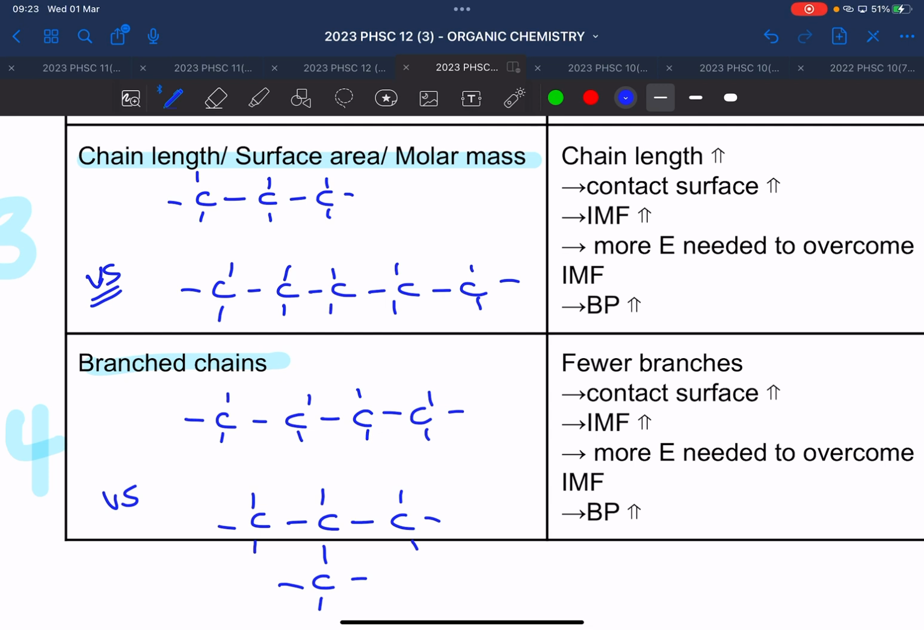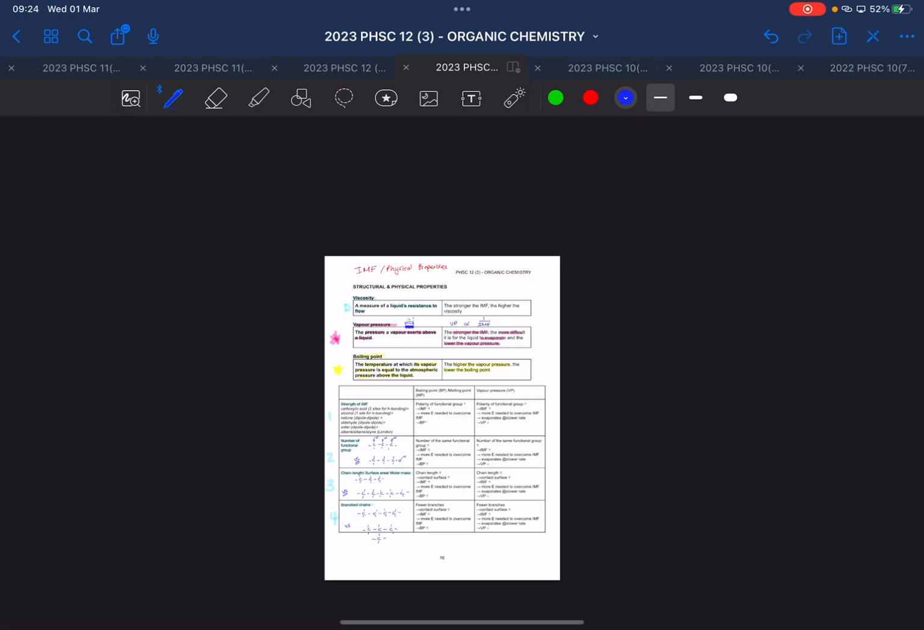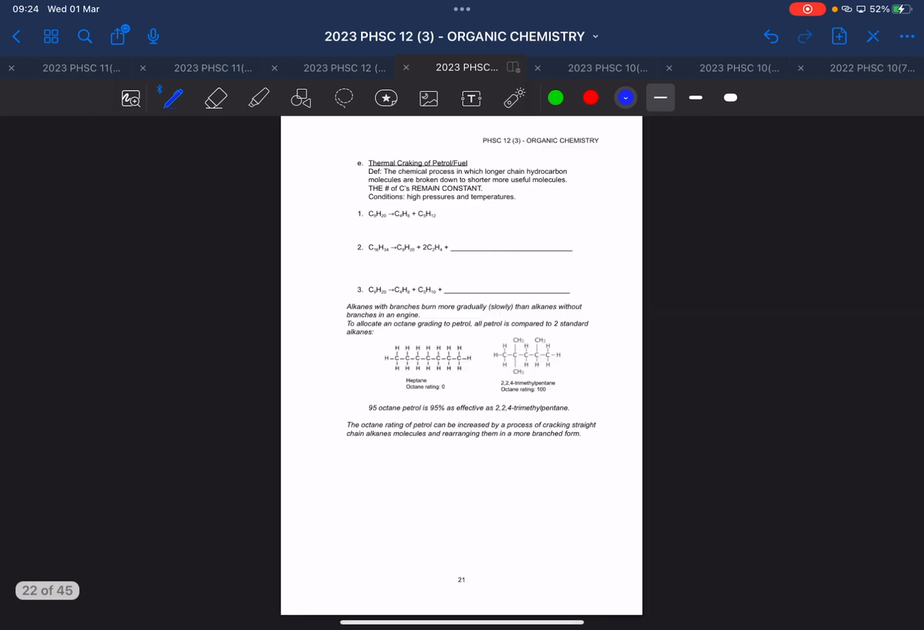Okay, so it's easier to rip them apart because they're not pasted everywhere together. So the same thing here. If it is a straight chain, then the contact surface is bigger. So if there are fewer branches, the contact surface is bigger, so the intermolecular forces are stronger. Alright. So what we are going to do to practice this is on